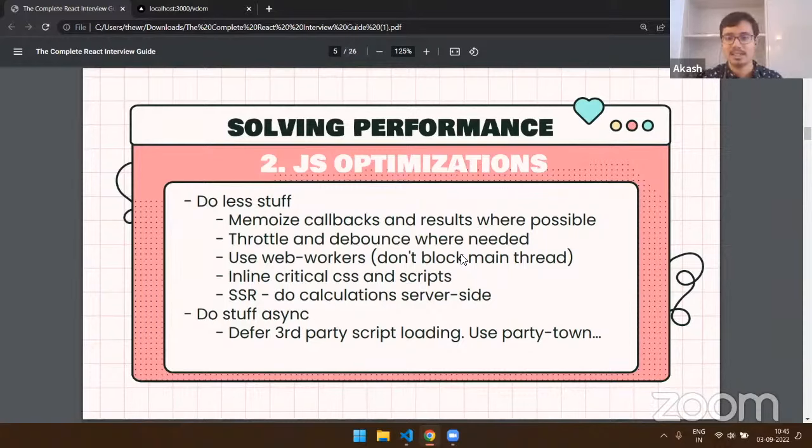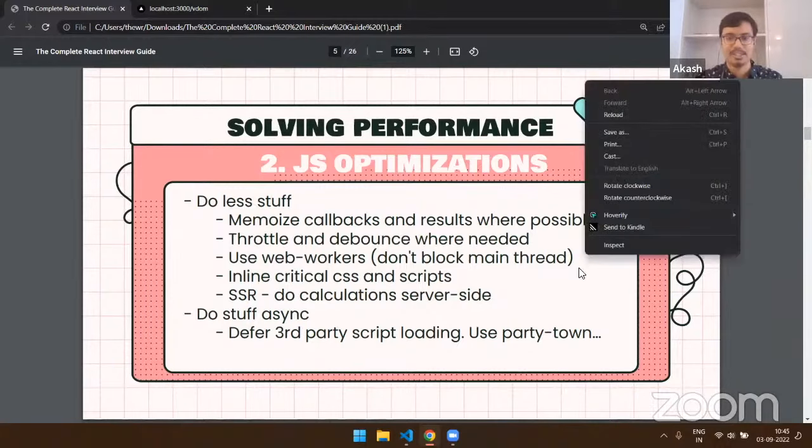The main things that you can do is memoization of callbacks and results. So basically caching of results as much as possible, so you don't keep running the same computations again and again. For example, while a user is doing their search, I mean, they're searching for something inside of your app, then the results will be different all of the time. So you can use things like throttle and debounce there. And the rest of the points, again,